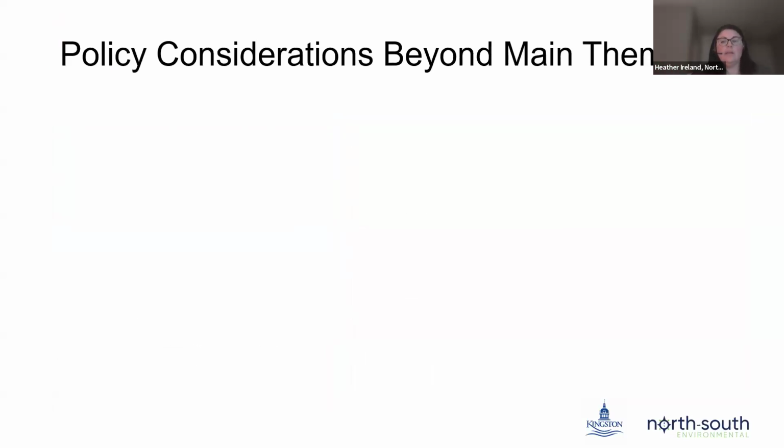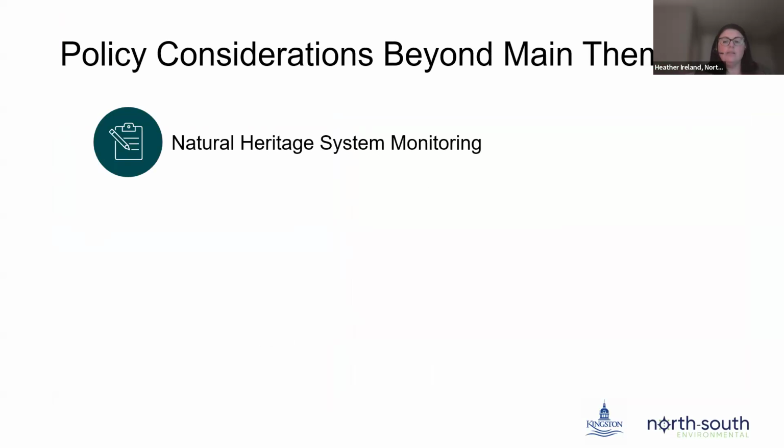So I also wanted to highlight a few other policy areas that really were beyond the main themes that I discussed over the last few minutes. So we did hear back a lot about the city having an opportunity for some sort of formal monitoring system. So there is a recommendation within the report for the city to consider a formal monitoring system with support from the Conservation Authority, CRCA, to track natural heritage system boundaries through changes or updates made through sub-watershed studies, environmental impact studies, or even environmental assessments.